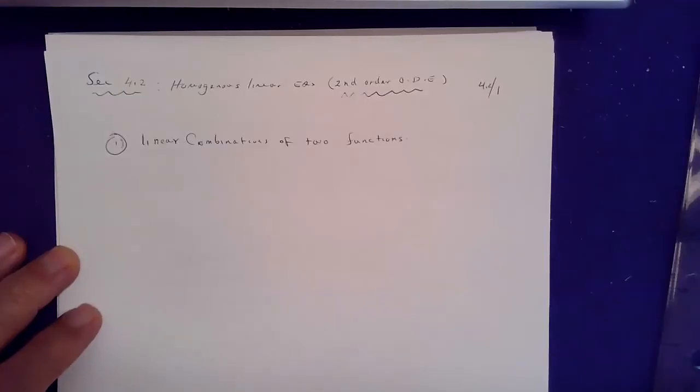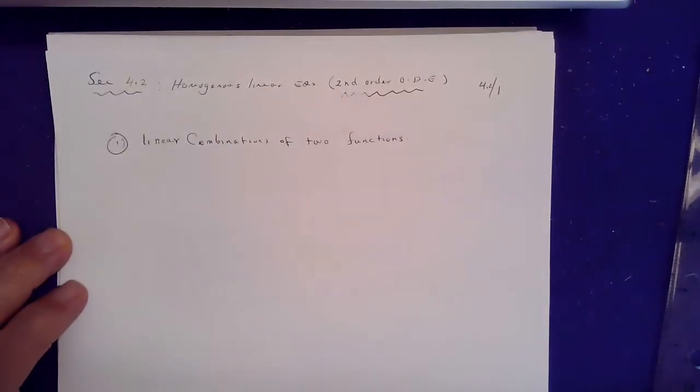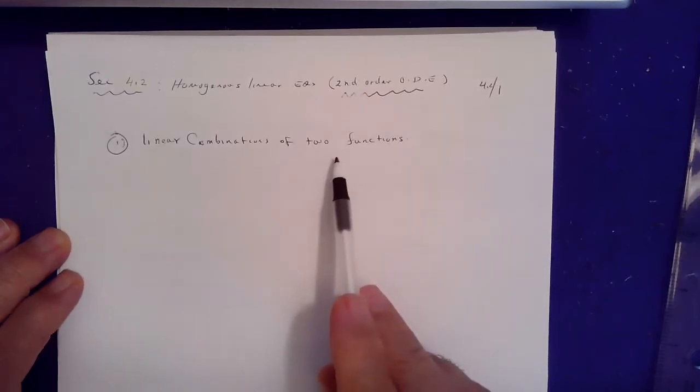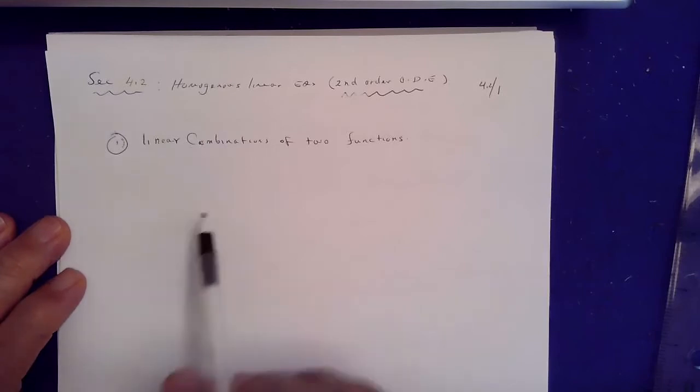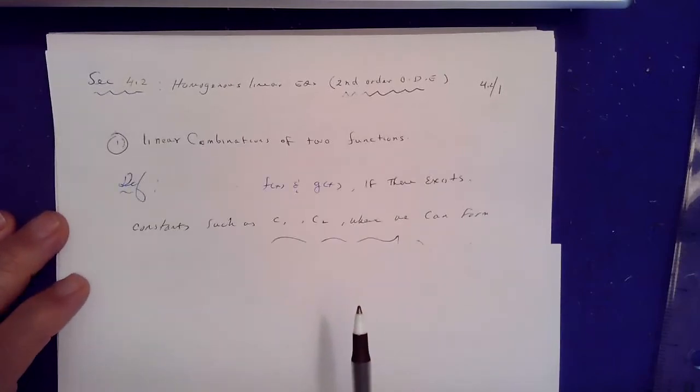Section 4.2, Homogeneous Linear Equation, second order ODE. In order to solve these kinds of equations, first we have to define some concepts, one of which happens to be linear combination of two functions. Definition is,